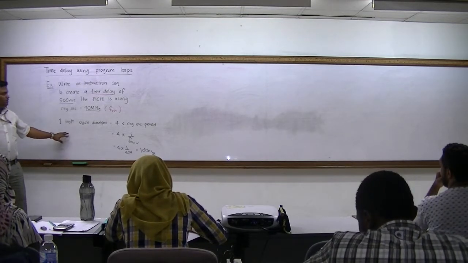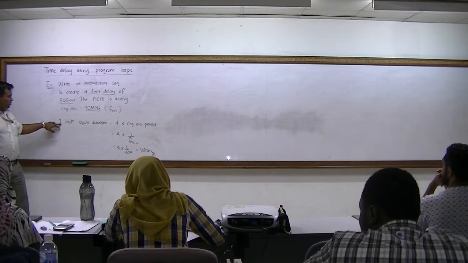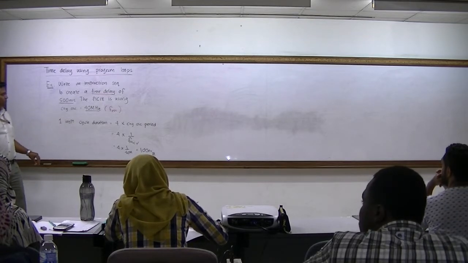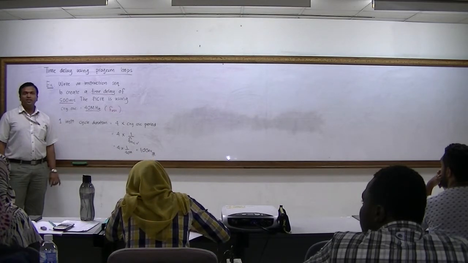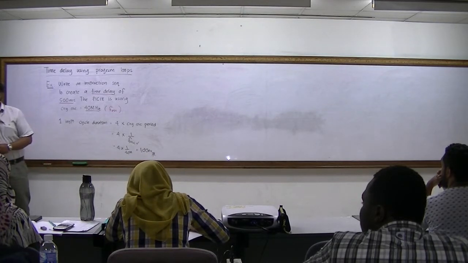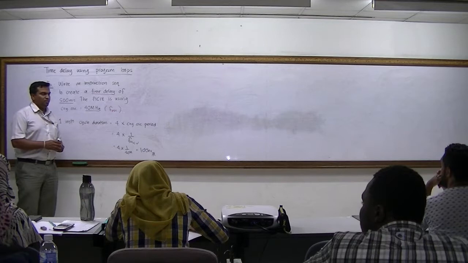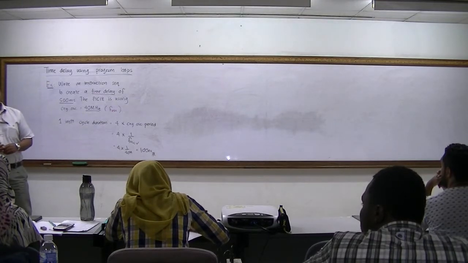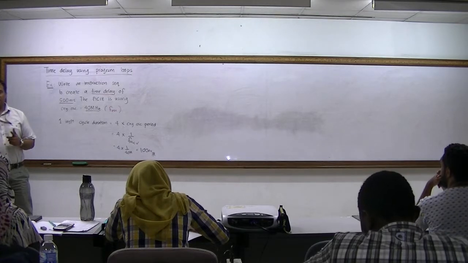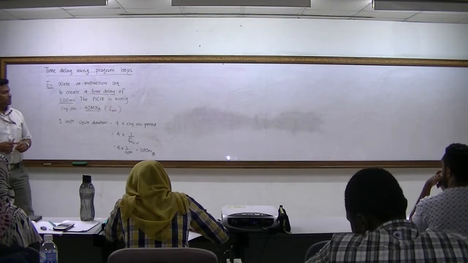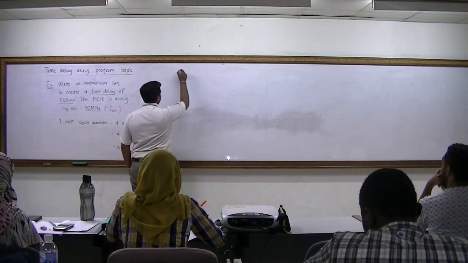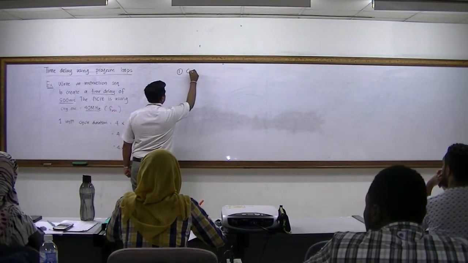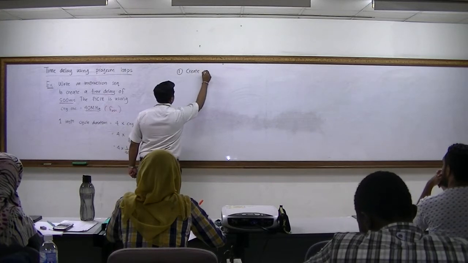Now since we know the basic one instruction cycle takes 100 nanoseconds, we're going to create a basic time block. What is the need of creating a basic time block? This is one method, then later I'll show another method. First, how we're going to approach this is we're going to create